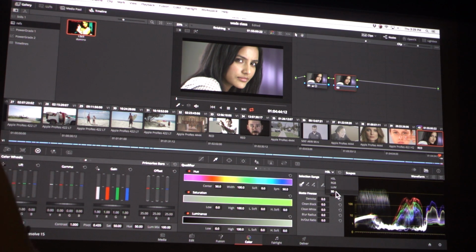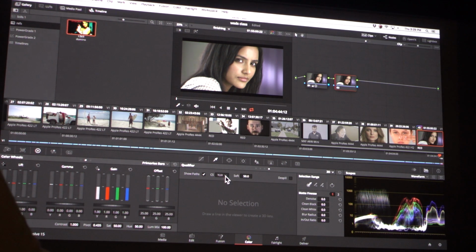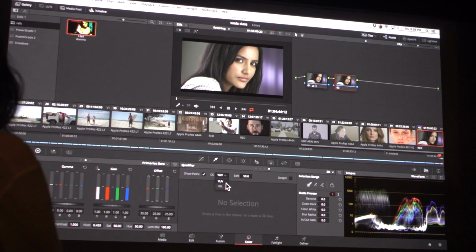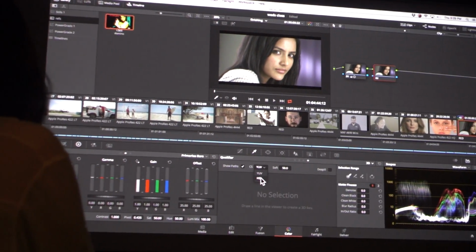So let's start with that. I'm going to choose the 3D keyer. Unfortunately, in Resolve, there's no RGB selection in the color space. In Encoder and Baselight, I think most of the others that have 3D keyers, they have an RGB color space, and the result is much cleaner. But in Resolve, we don't have that, so we'll choose